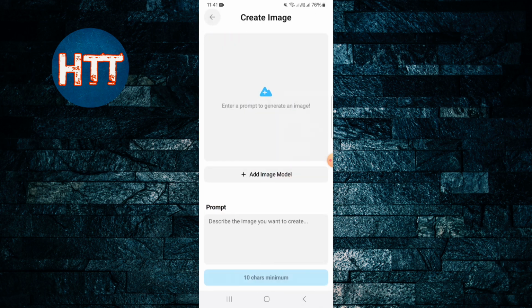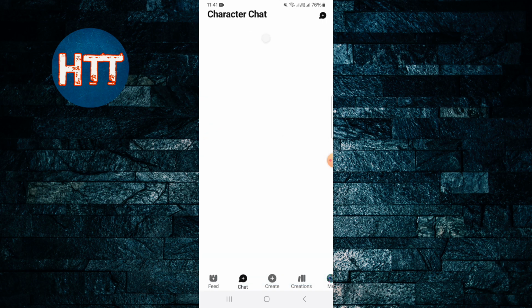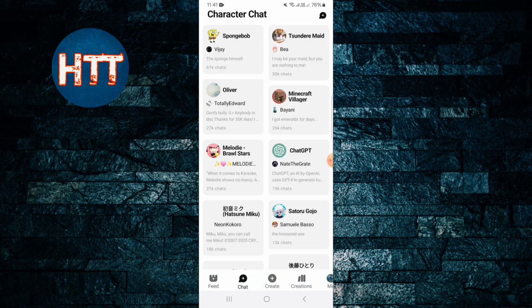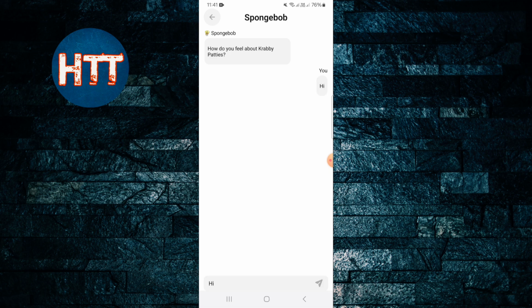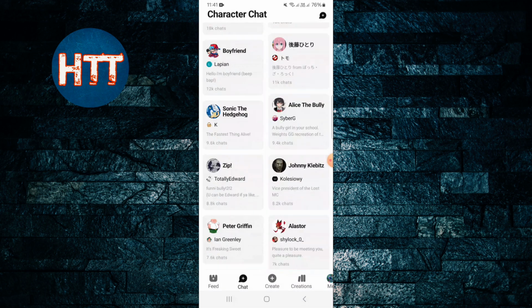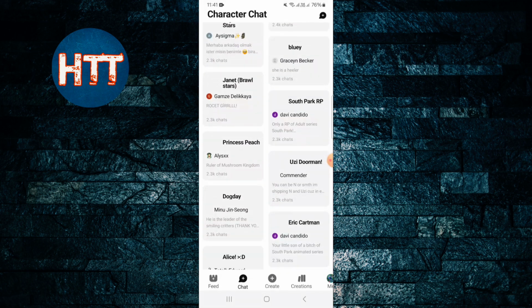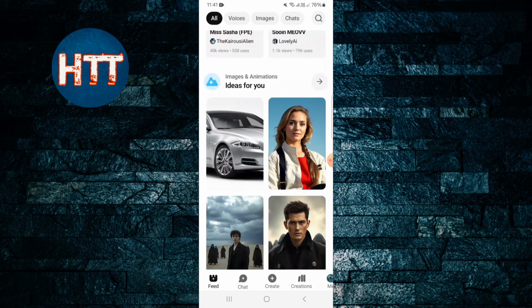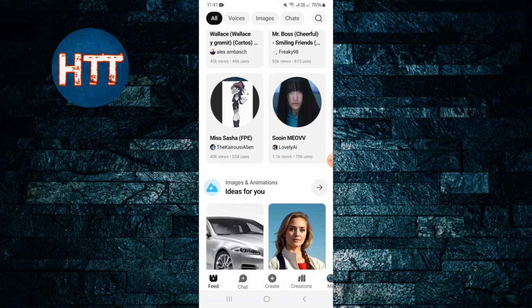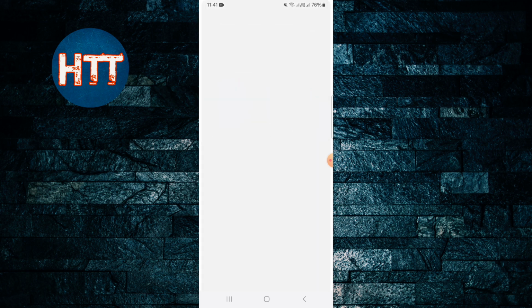and image and animation. You can give the prompt, you can character chat. Okay, I'm just going to tap here. You can chat with. There are a lot of models and characters here that you can chat with, and creations, you can see your creation here, and also lovely AI. Then you can image